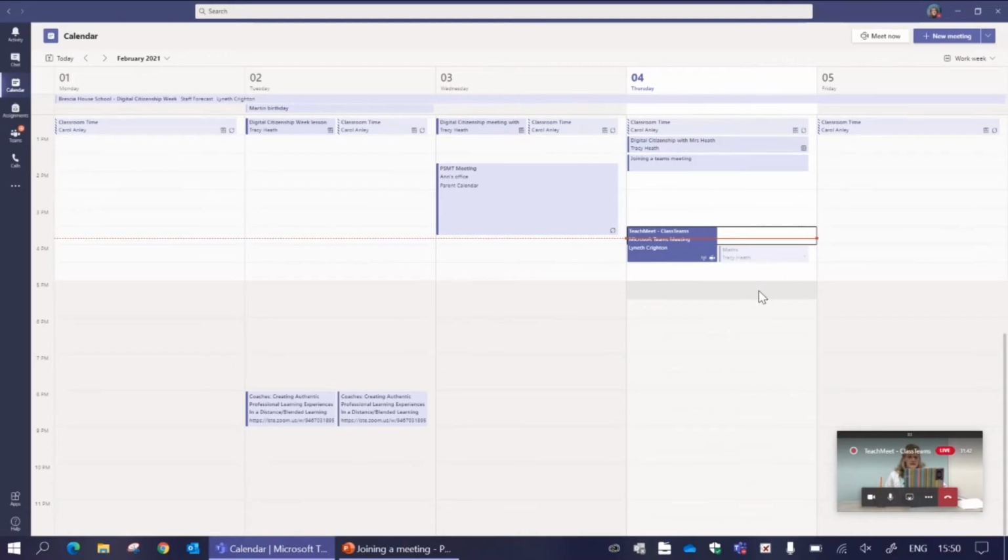They do need to accept the meeting. So if you have a look here in this calendar, you can see I've got some meetings that have a striped pole on the side. That means that I have not accepted that meeting. I can still join it, but it will not give me a join now meeting request 10 minutes before the lesson, which would happen with a meeting that I had already joined. So the joining the meeting,